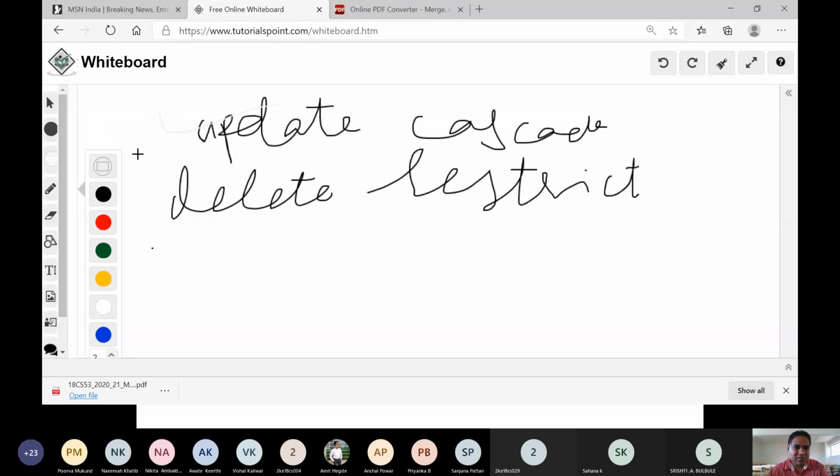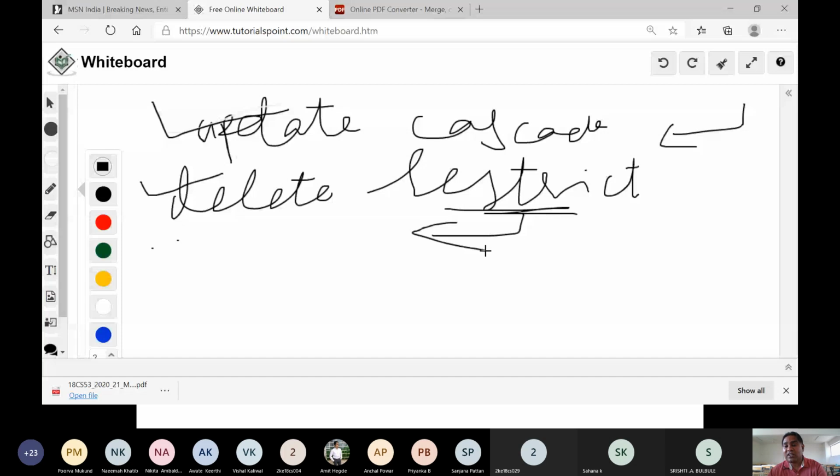On updation it will be possible, because when you update the primary key, the foreign key automatically updates. But when I try to delete, you are putting a restriction saying that I cannot delete that data.